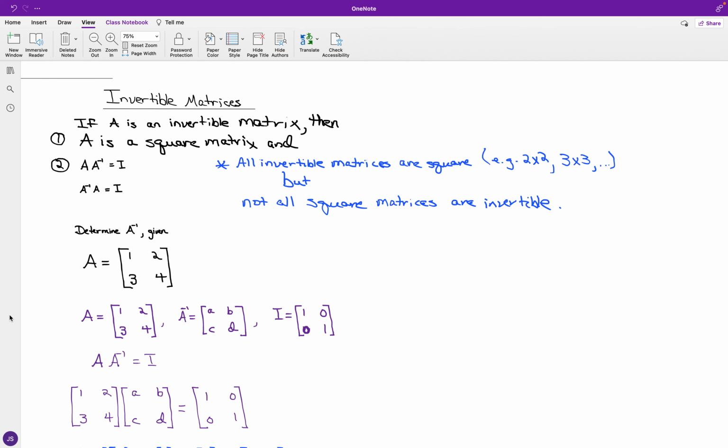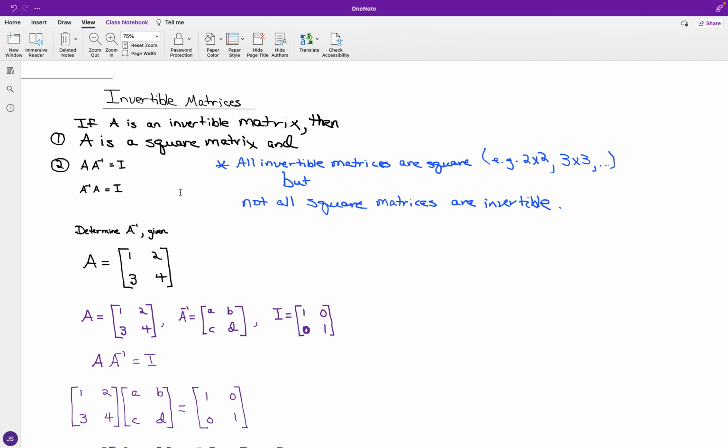Okay, for what we have regarding invertible matrices, first of all, we have a square matrix A whereupon it is invertible. A happens to be a square matrix, in other words, where the number of rows will be the same as the number of columns and vice versa. And also